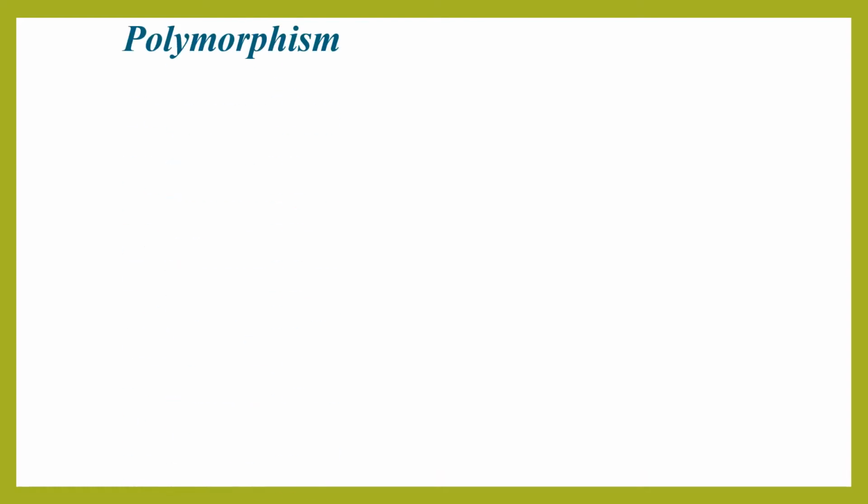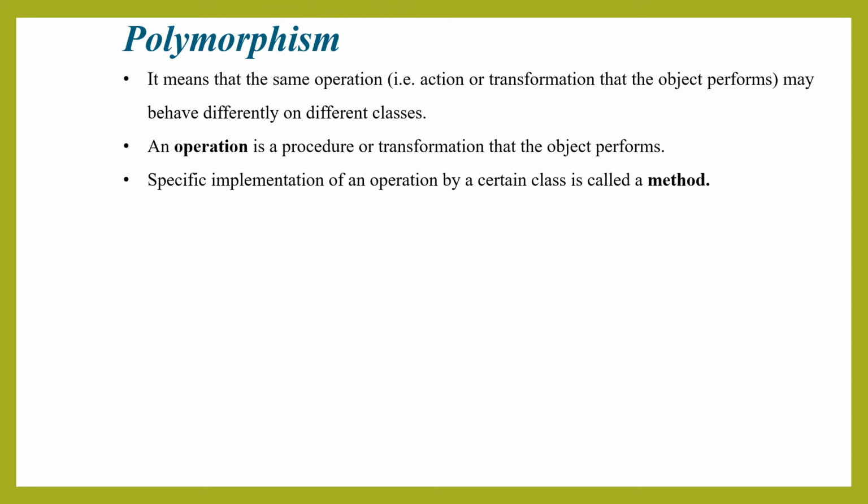Let us see what polymorphism is. As the name itself suggests, polymorphism is the same operation behaving differently for different classes. The same operation could be done for different classes. The move operation, for example, behaves differently for a pawn than for the queen in a chess game. That is your example. In a chess game there are pawns which are all the same, but what differentiates the pieces is their moves.